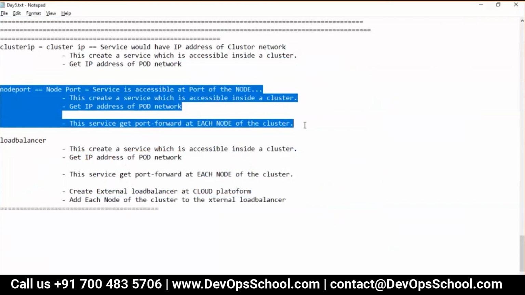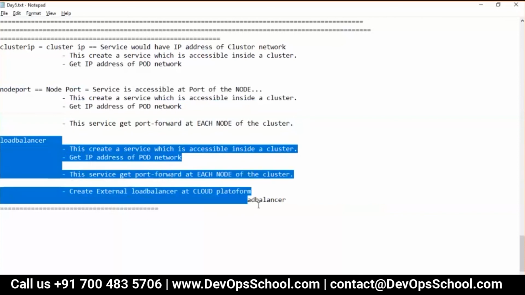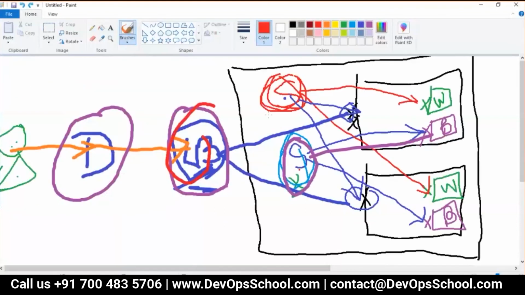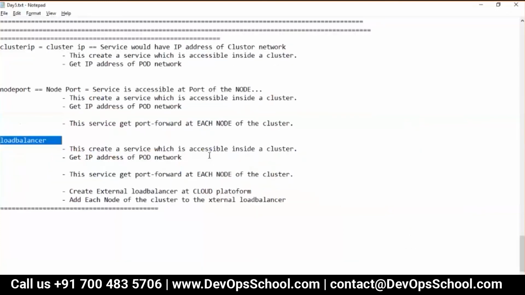So this is the third type, which is a popular type of service. Now guys, I'll put it in a simple way. If you want your service to be accessible within the cluster itself, some internal services, this is okay.